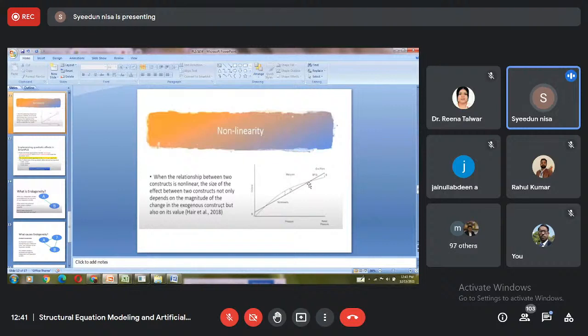be linear. So when the relationship between two constructs is non-linear, the size of the effect between two constructs not only depends on the magnitude of the change in the exogenous construct, but also on its value. तो जो हमारा exogenous construct होगा उसकी सिर्फ वैल्यू में ही चेंज नहीं होगा, बल्कि उसके मैग्नीट्यूड में भी चेंज हो सकता है. तो जैसे हमारे इस मॉडल में